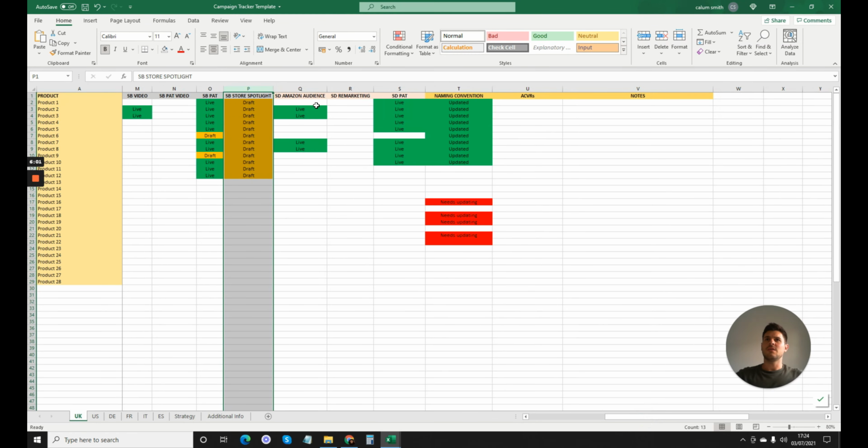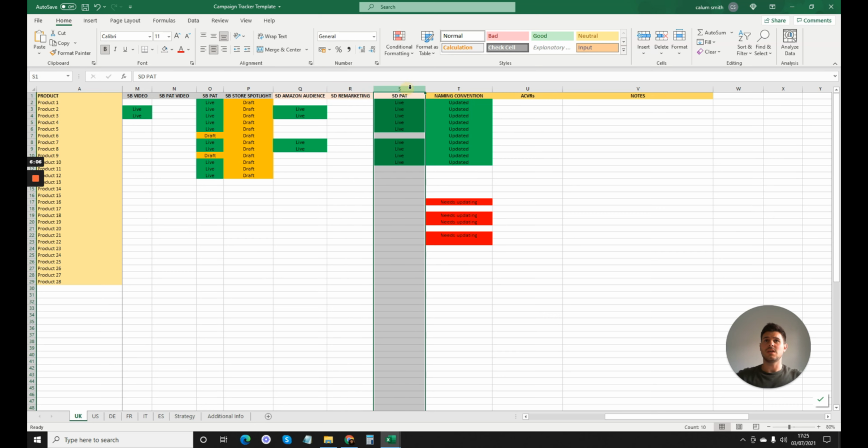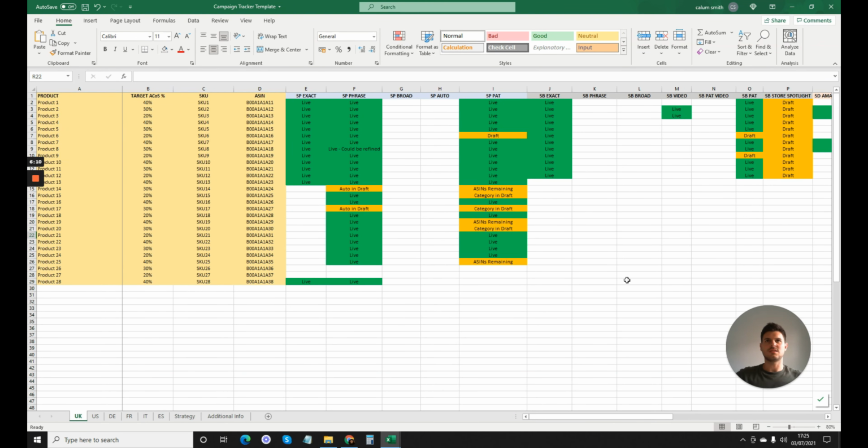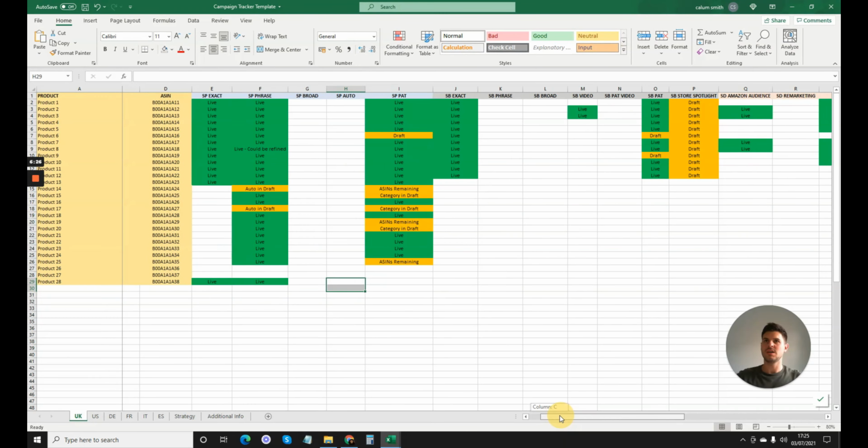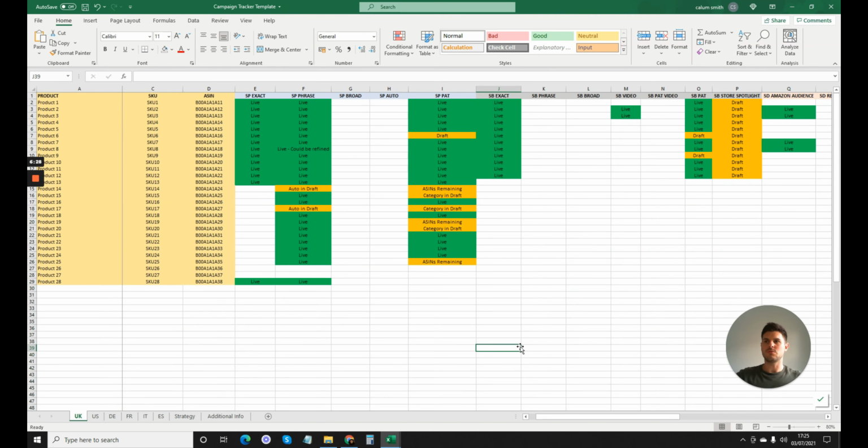We also have sponsored display, Amazon audience, sponsored display, remarketing, and then product targeting. So as you can see, it saves so much time, especially when you have hundreds of products to manage. Even 10 products, even 5 products, there are so many different campaign types that can be launched that when you just glance at the PPC, you may think everything is